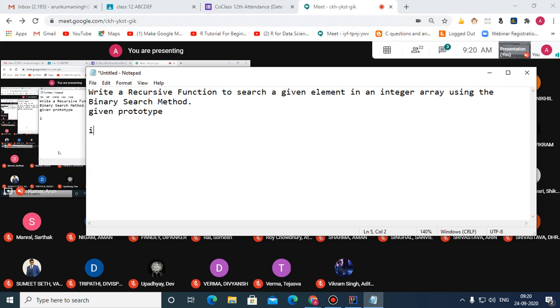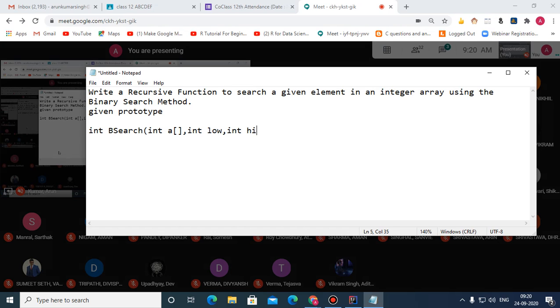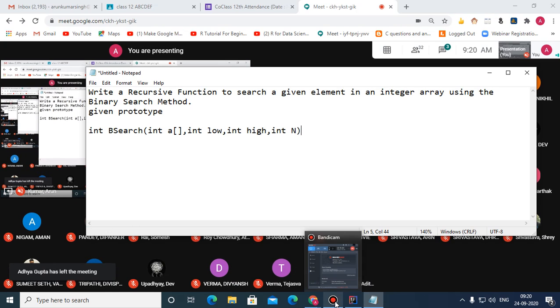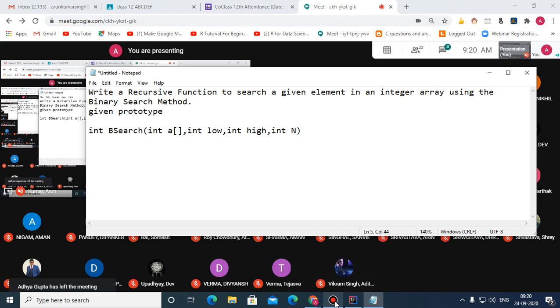And here the prototype will become B search. This is the array. This is the low index. This is the high index. And this is the element to be searched. So please try, children. Please try.